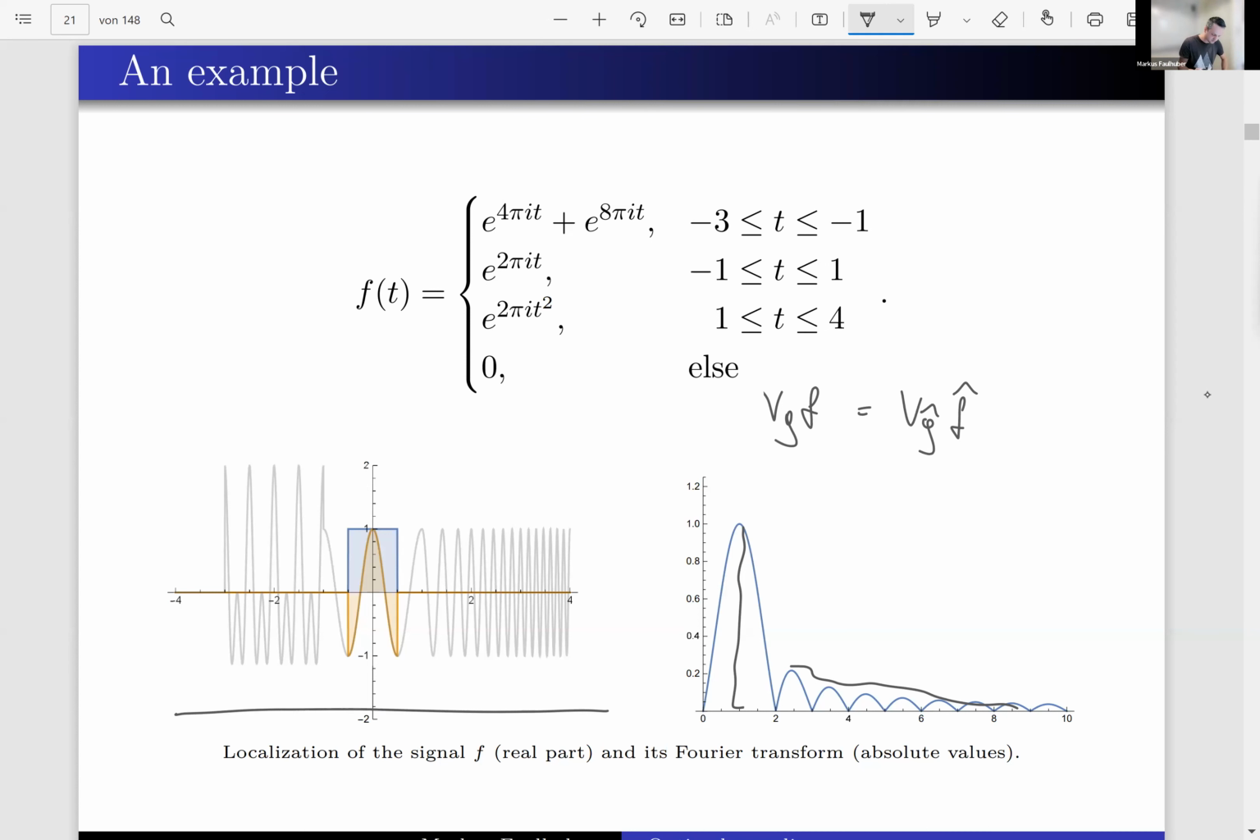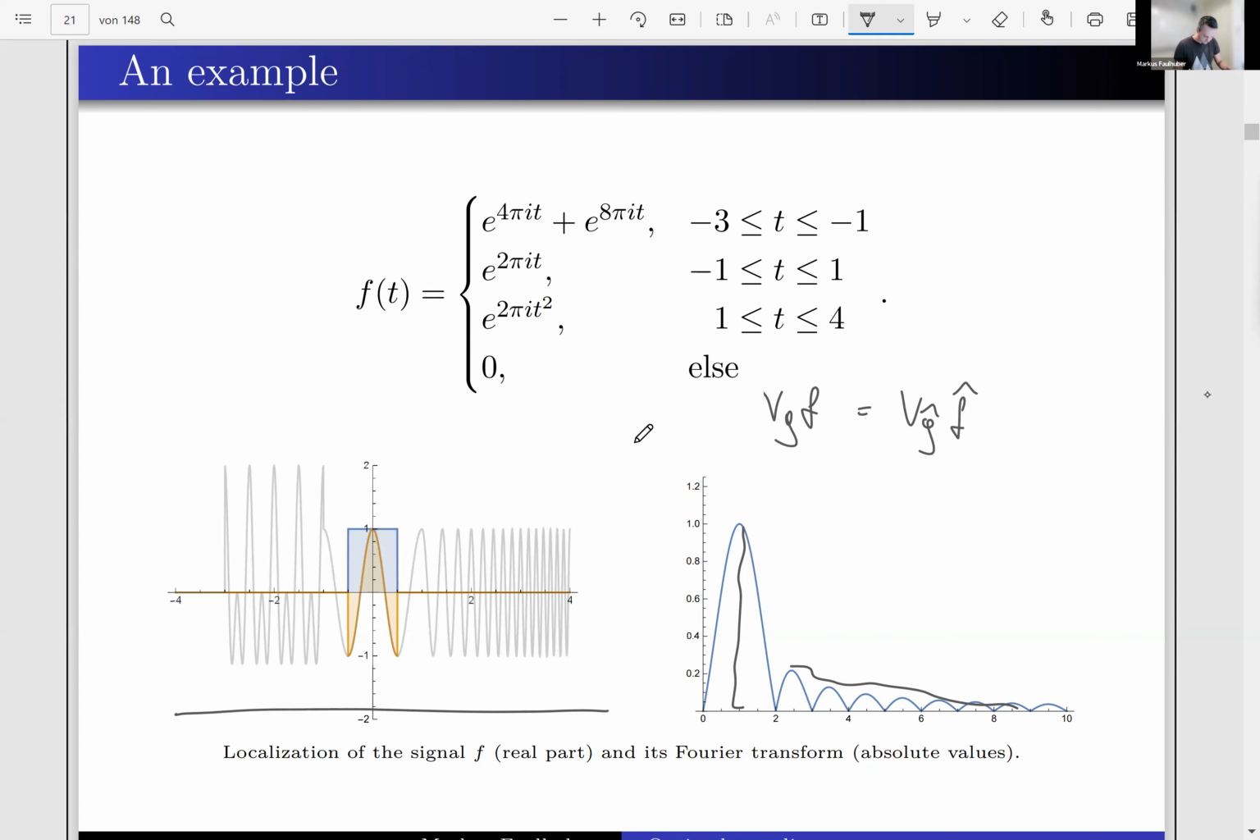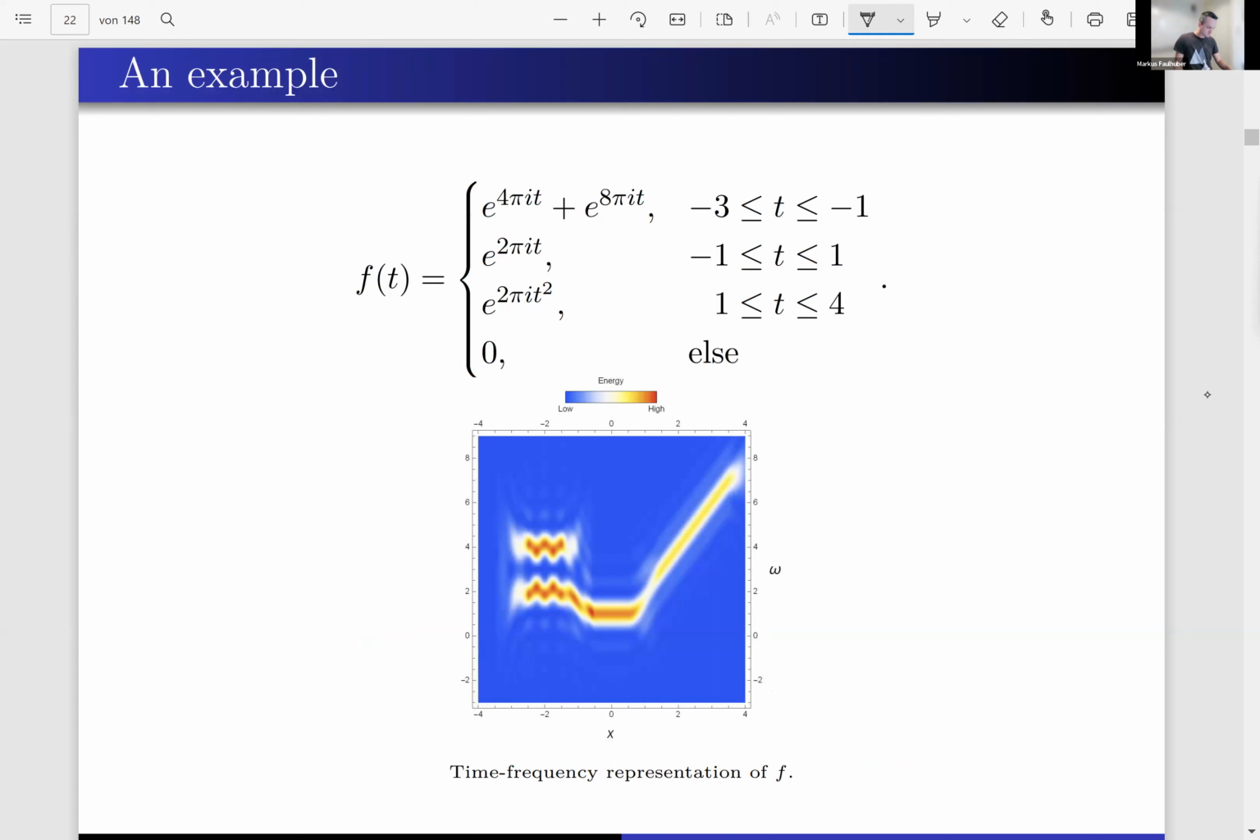And so G is the box function. So G hat is the sinc function. And so you cannot expect that it gets any better than this. So the decay in frequency will not be very good. And if you do this now for each instant in time, you can build